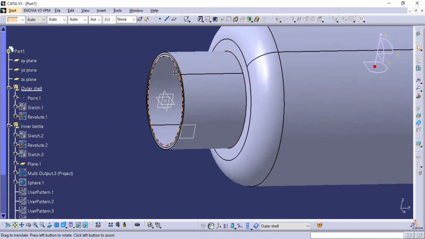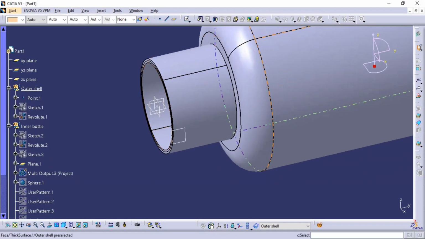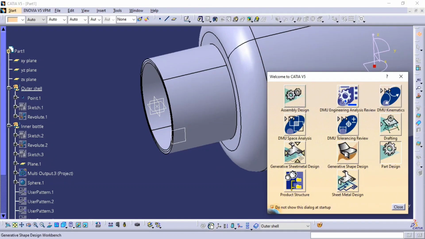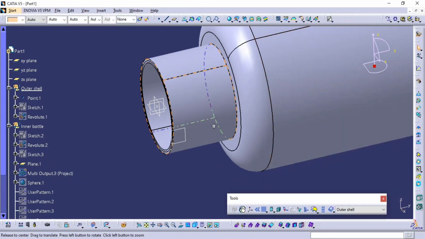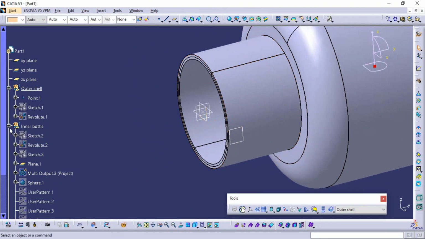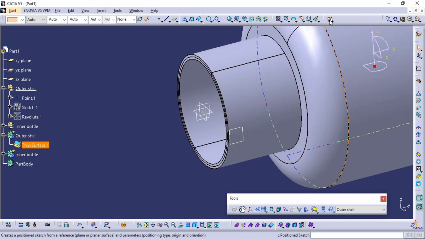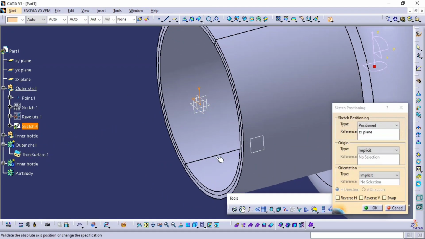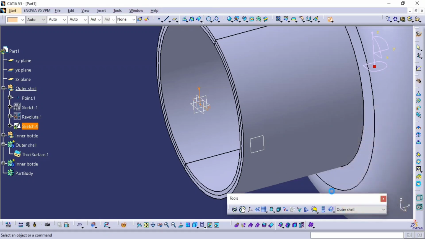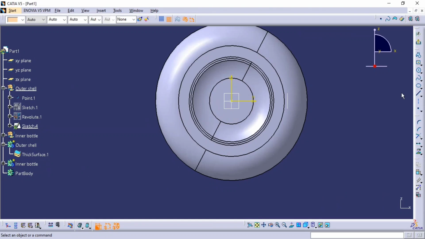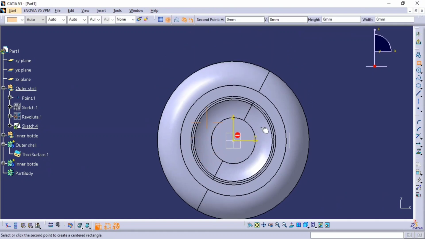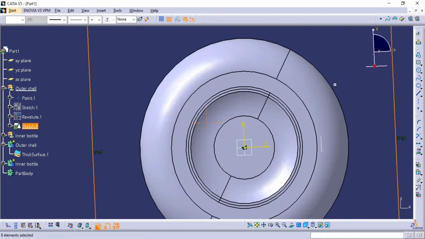Select the position sketch, go to surface design, position sketch, select this plane, choose projection point as this towards edge, click on OK. You need one rectangle, sorry, square,